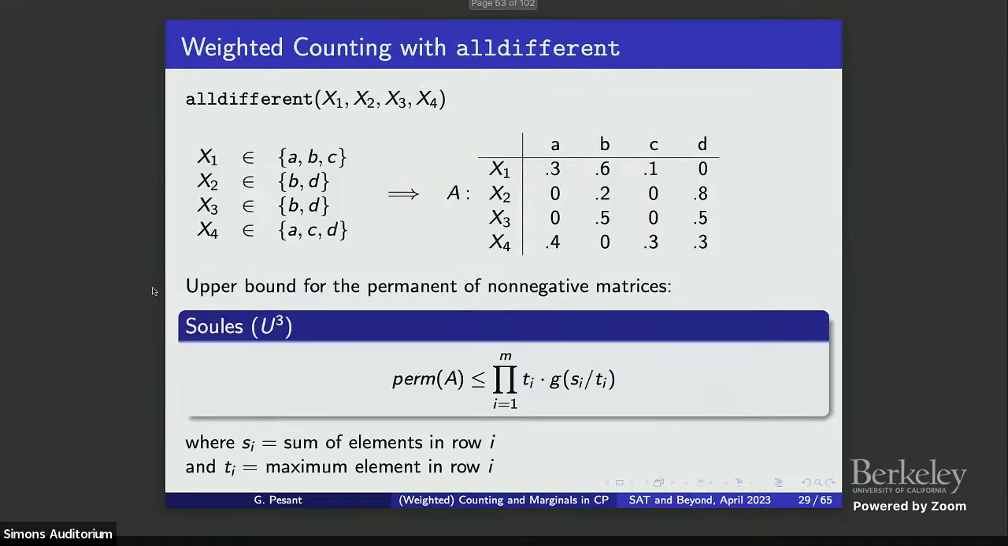And even in the weighted case, where you've got some non-negative entries, there are also known upper bounds. I'm going to give you a function g here, but that can be pre-computed. So that's fast to use. But I really want to tell you about